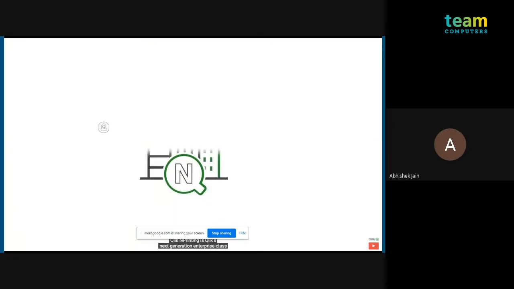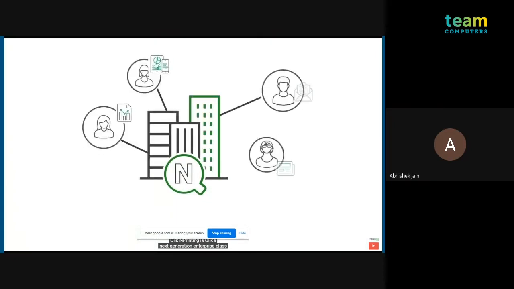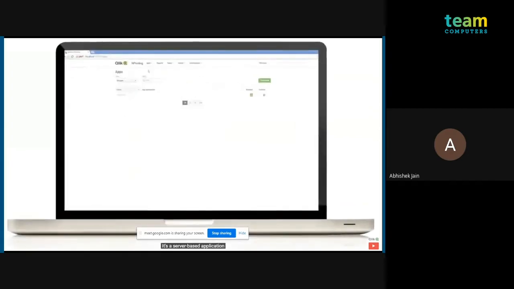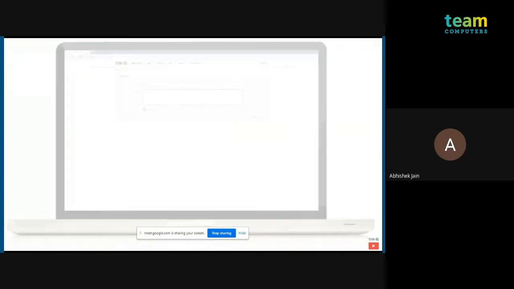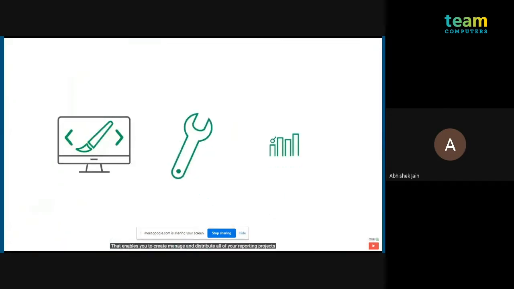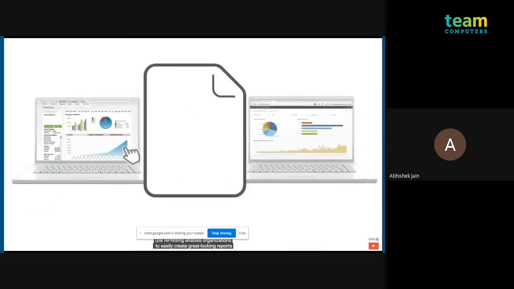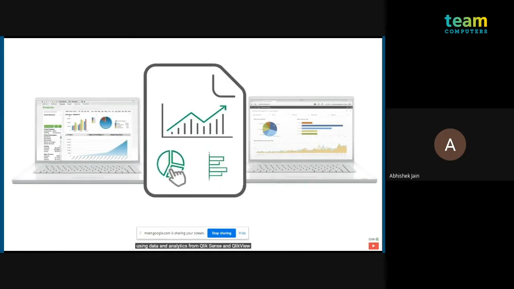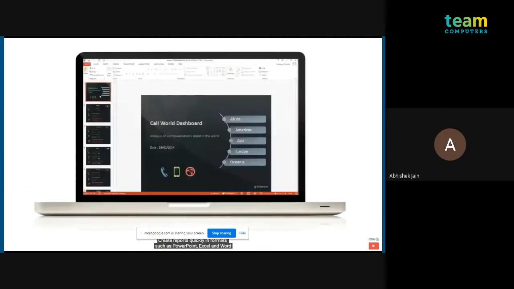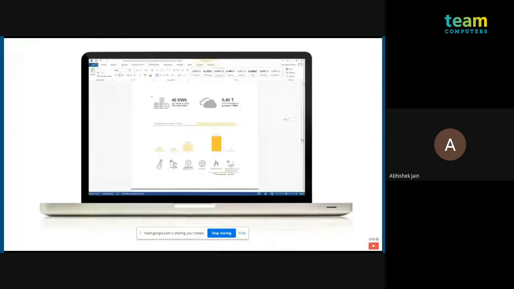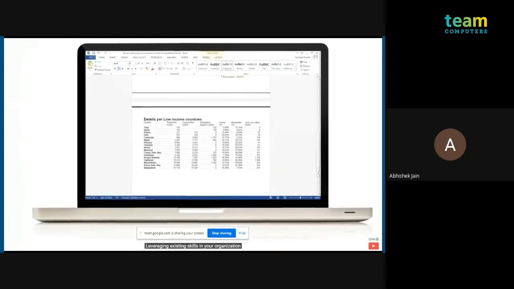Click Inprinting is Click's next-generation enterprise-class reporting and distribution solution for ClickSense and ClickView. It's a server-based application that enables you to create, manage, and distribute all of your reporting projects. Click Inprinting enables organizations to easily create great-looking reports using data and analytics from ClickSense and ClickView. Create reports quickly in formats such as PowerPoint, Excel, and Word, leveraging existing skills in your organization.